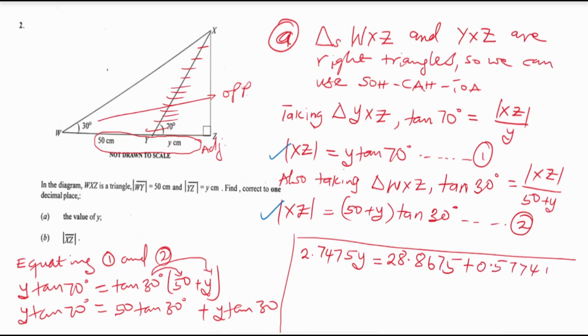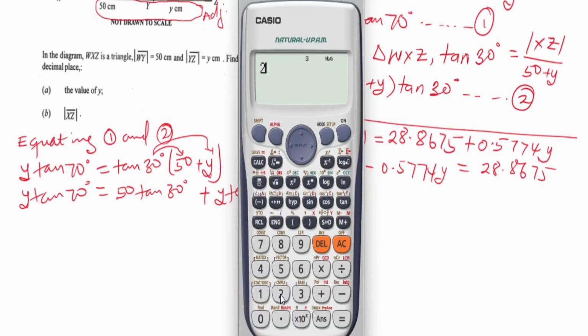0.5774 y. I'm writing all my answers to 4 decimal places just to reduce the size of the error due to approximation. So now I'm grouping all the y terms together. Because of that, I'm bringing this to the left side of the equal to sign, which makes it minus. So 2.7475y minus 0.5774y will be equal to 28.8675, and